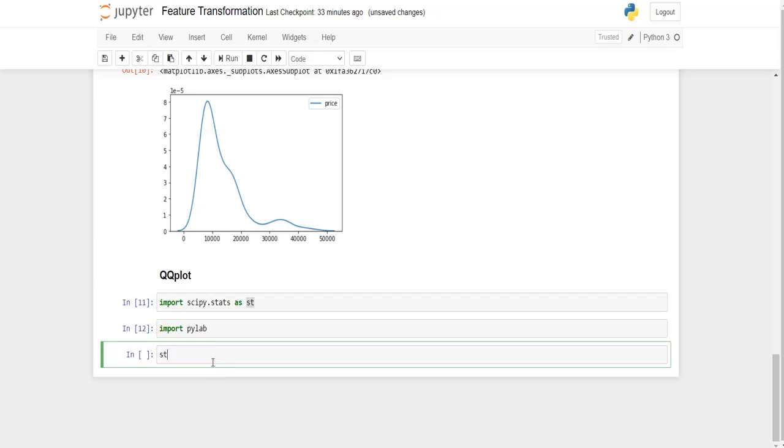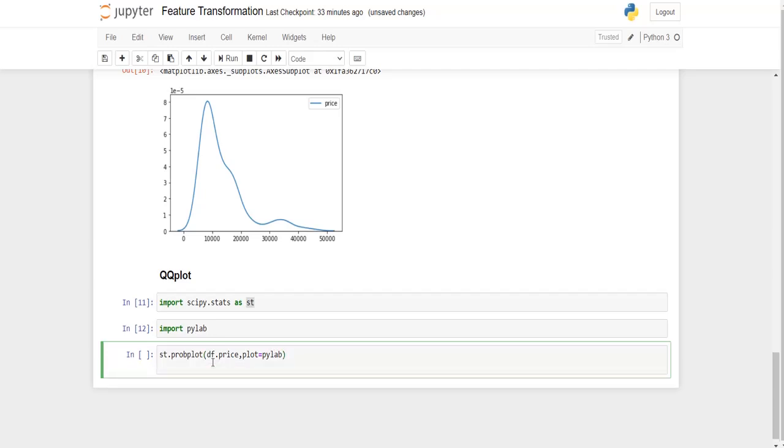So now st.probplot of, provide the data for which you have to plot the QQ plot. So here let me plot the QQ plot for feature price. So df.price, comma, you have to pass an additional parameter named plot equal to pylab. Then plt.show.